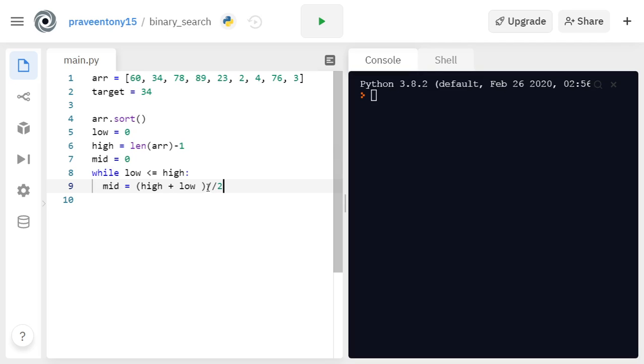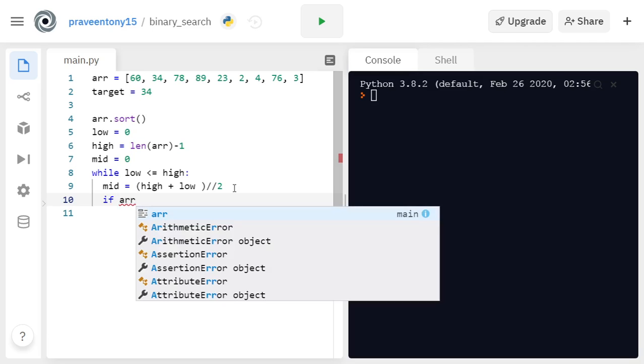Here I use integer division, which means we have to give the forward slash twice, because it wouldn't allow a floating point number, so it gives an integer. Make sure that middle is an integer, only then will it work. And let's check the equality, whether it's greater than or less than middle.